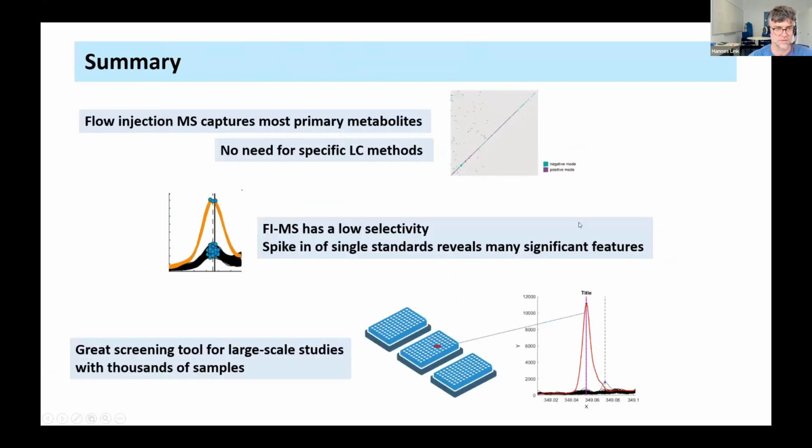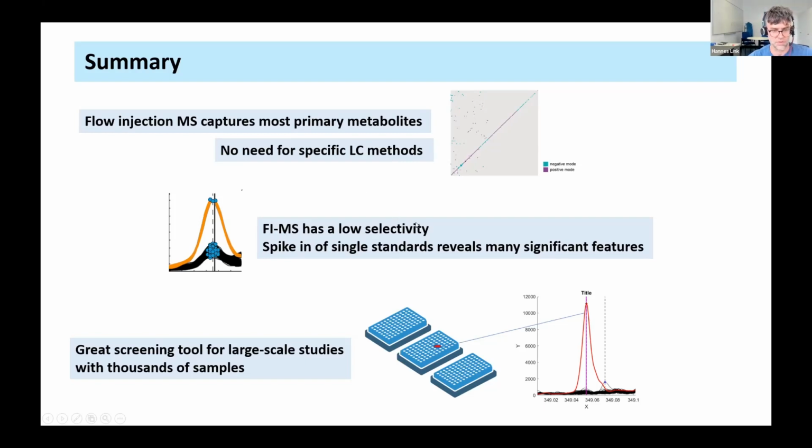To summarize, I hope I could show you that with flow injection mass spectrometry, we can capture especially increases of many primary metabolites without the need for a specific LC column. So we can really capture polar and nonpolar metabolites. But flow injection mass spectrometry has a low selectivity.